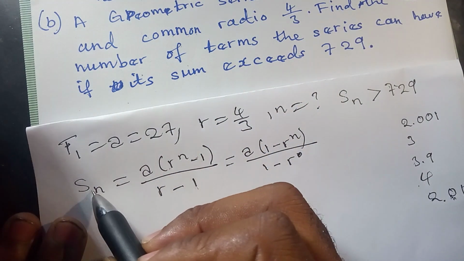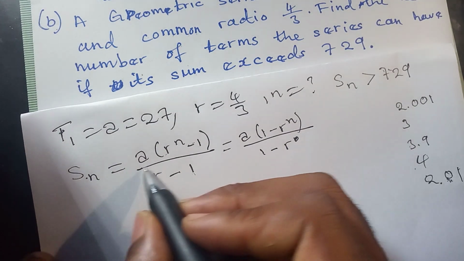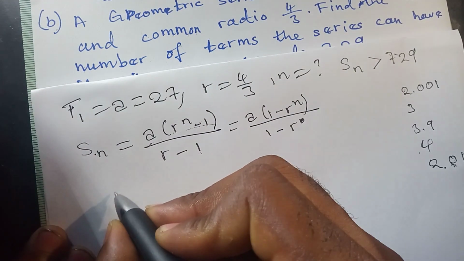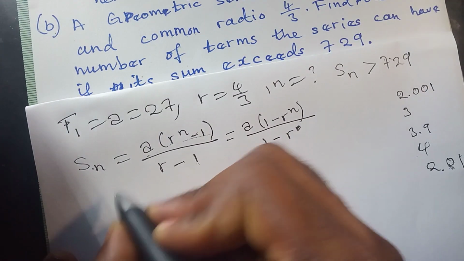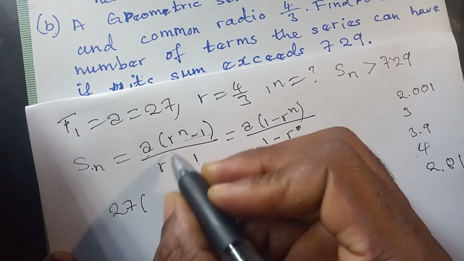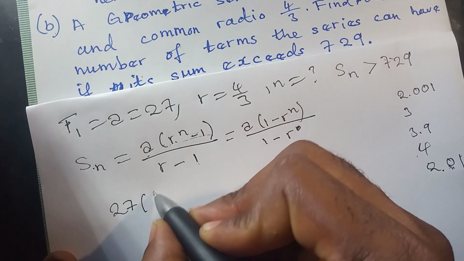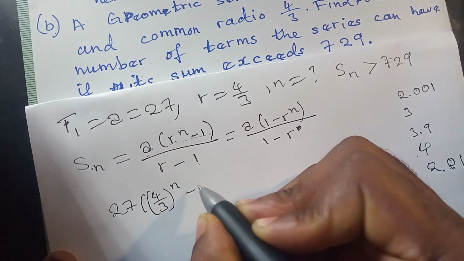So the sum here must exceed 720. Whatever this is should exceed this. So we can say a is 27, and then r is 4/3 raised to the power n